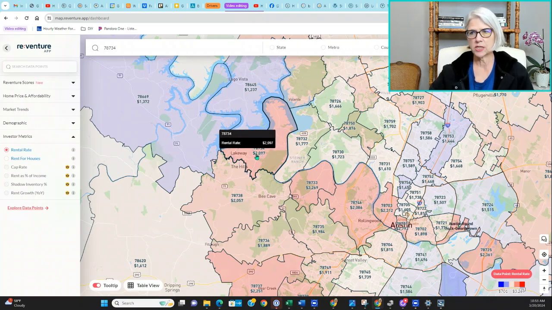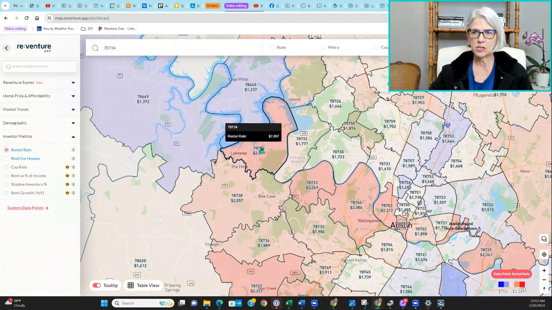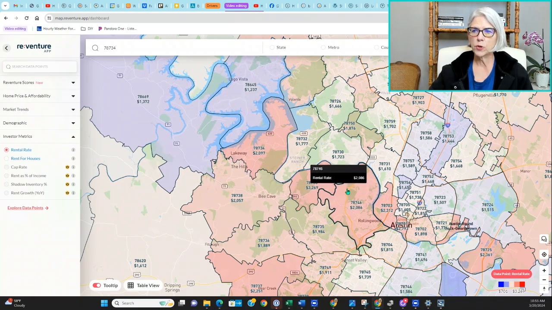But if you were interested in this type of thing, creating rental income for retirement, then you could look and say, hey, I can get a lot more rent if I could find something in this area, this Lakeway area, this zip code, and this is by zip code, than in this zip code, which is 78669, or this Lago Vista area, 78645. So you can see how you could apply this tool in many different areas related to retirement planning and retirement income.